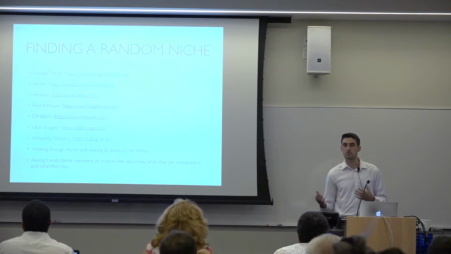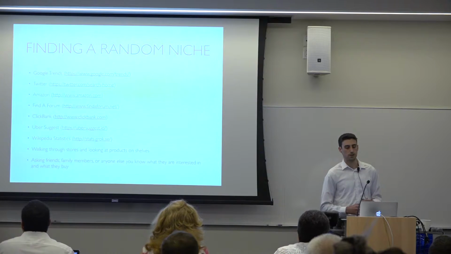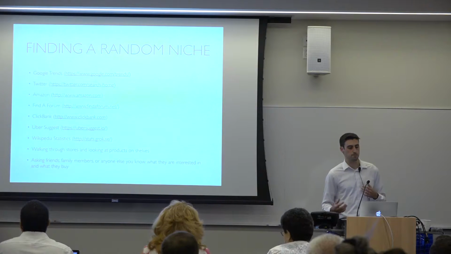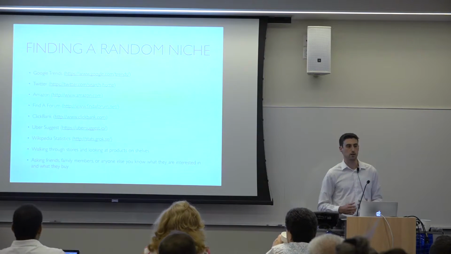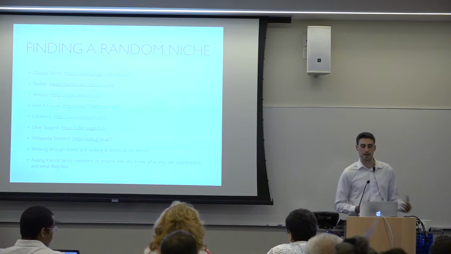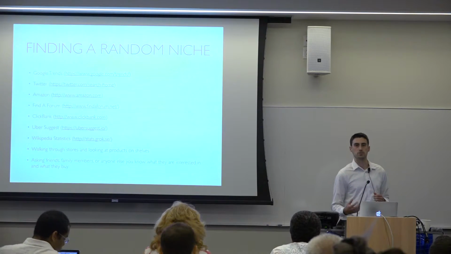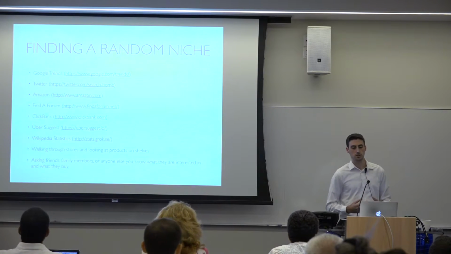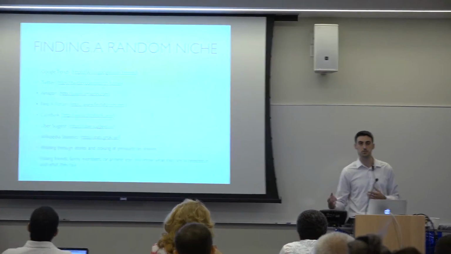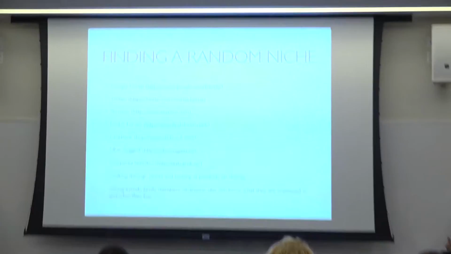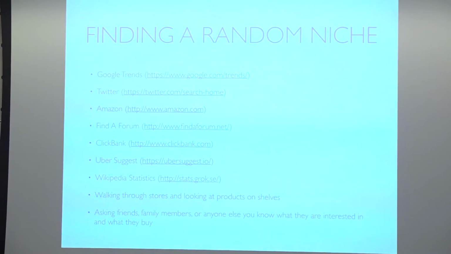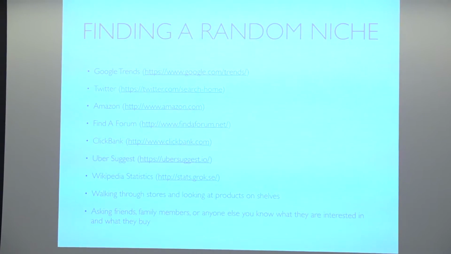If you're looking to find some sort of random niche, here are a bunch of awesome resources. So you can look and see what's trending out on Google, Twitter. You can look for other products or popular things on Amazon. You can see what people are discussing on online forums. So there's a site, findaforum.net, where you can find online forums, discussion boards, etc. And even if you already have existing niches, that could be a useful website to see what people are discussing in your current industry. ClickBank,